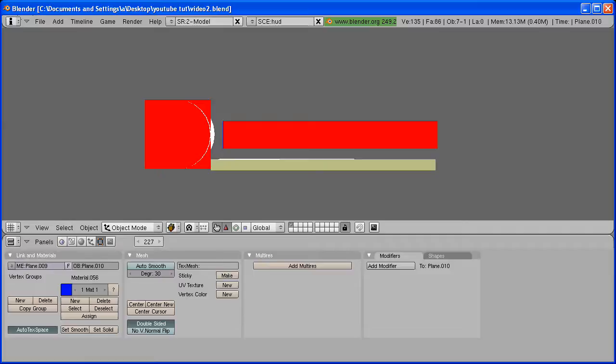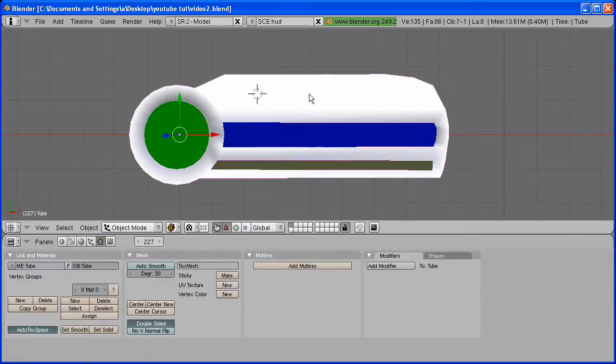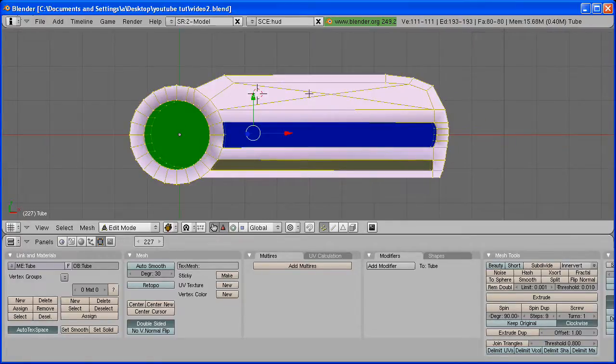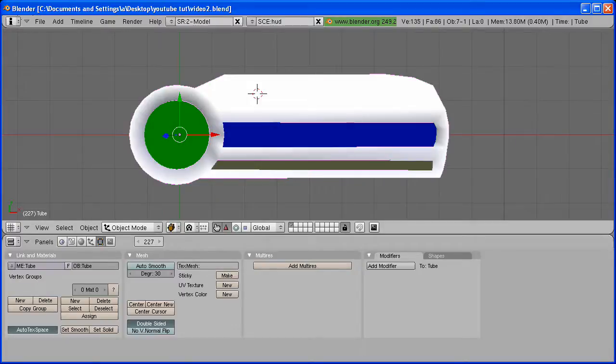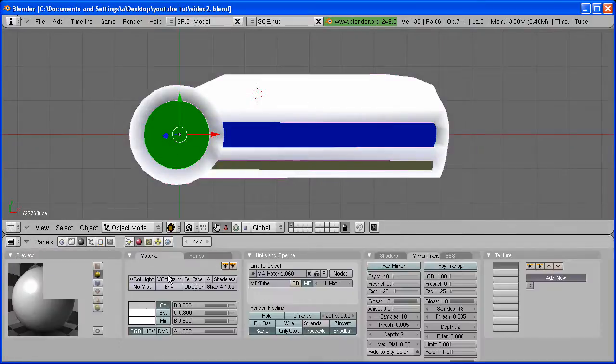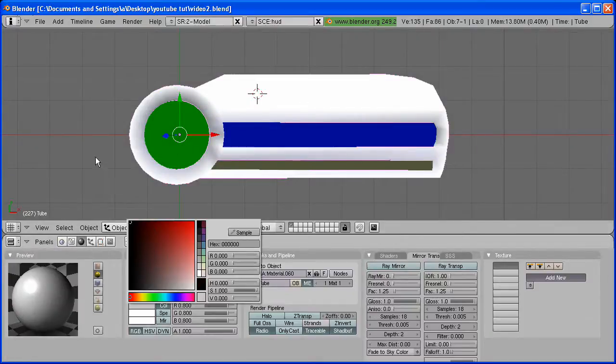If yours does that also, to fix it, just select it, hit Tab to go into edit mode, and A to select all the faces. Now hit Control N and recalculate normals to outside. Now if I hit P again, you can see that we can now see the faces and it doesn't disappear. I'm just going to add a material to this and make it a color so we could see it a